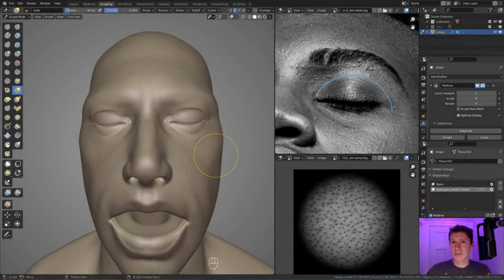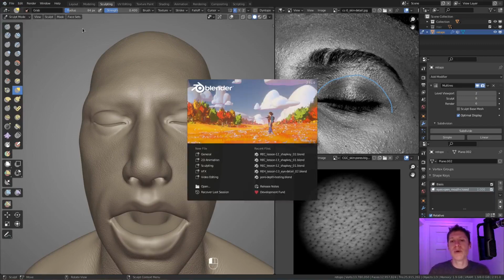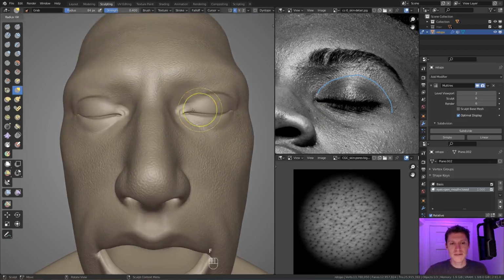I'm ready to begin adding pore detail to our eyes. But before I get started, I should say that I am using Blender 2.91 as of this video. It was released maybe a couple hours ago. It's got new sculpting tools, I think some sculpt optimizations as well, which are very welcome updates for a complex sculpting project like this. So now that you're aware I have transitioned to a new Blender version, we can focus